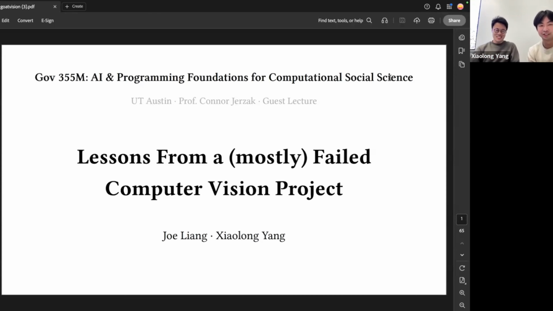Yeah, so my name is Joe. I'm a first year here at Harvard. I'm studying computer science and physics. And I met Xiaolong from my intro to computer science class, CS50. We met early on in section, and then I saw something on his screen that was interesting. We talked about computer science for quite a long time, coding projects and things like that. And this is our final project that we worked on together that we're trying to present.